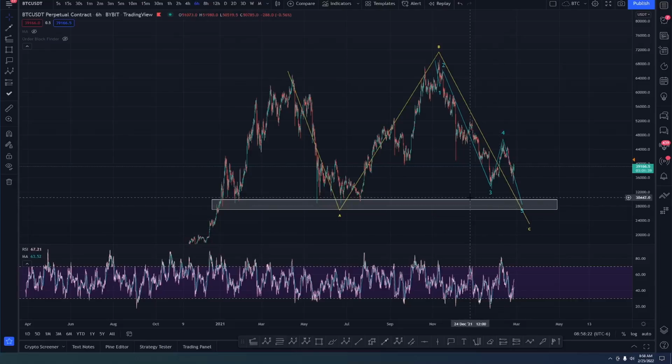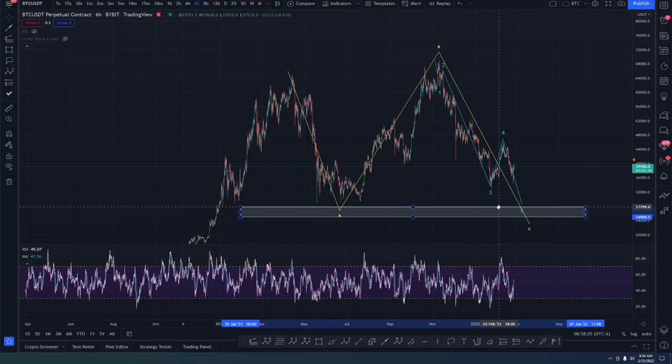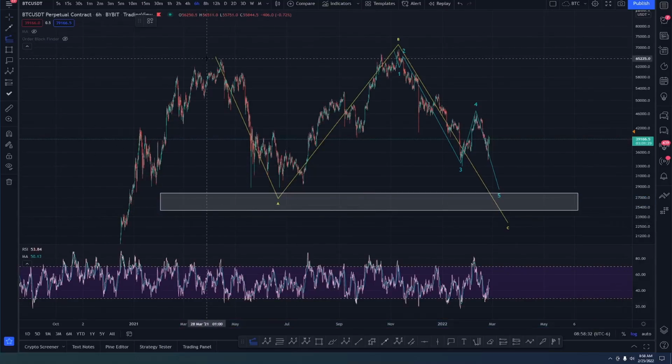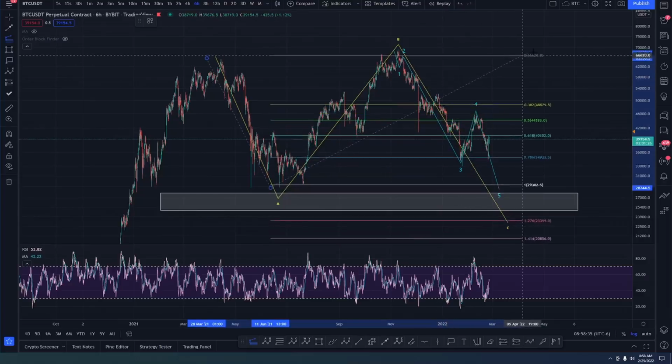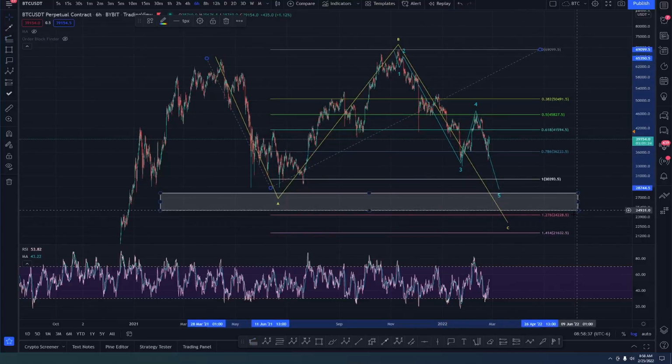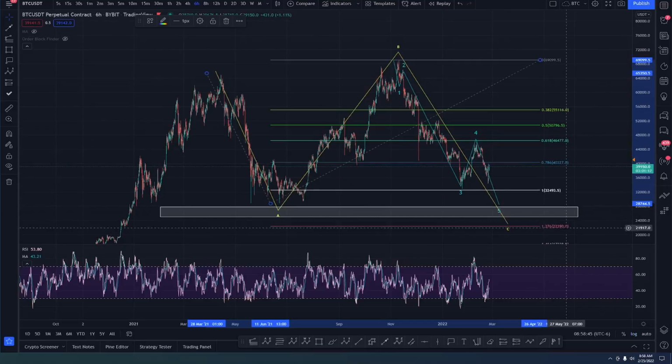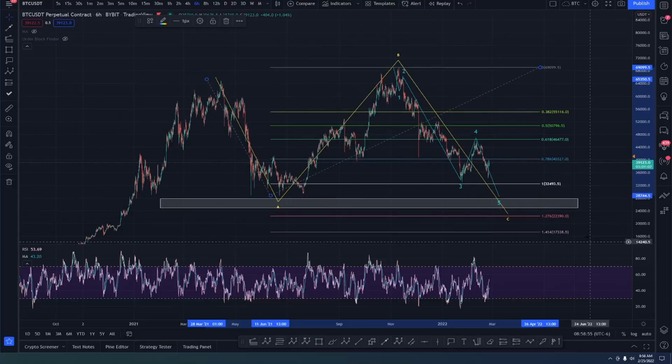So I'm personally targeting about 25K to the downside, looking for a count about here. Where do I get my 25K target? Well, I pull the fibs like so on the log scale, and you'll notice that we've got fibs right down here at 24,228. And if I turn it on regular, I've got 22K. So anywhere about 25, 24K in that range. It could get all the way down to 22 or even 20. We've got fibs down here that would allow this thing to go if we get an extended 5th wave.